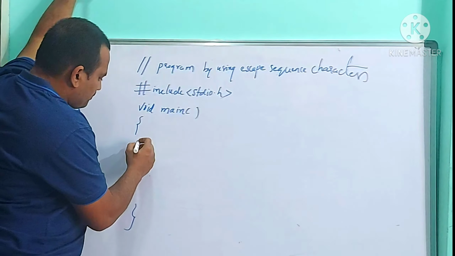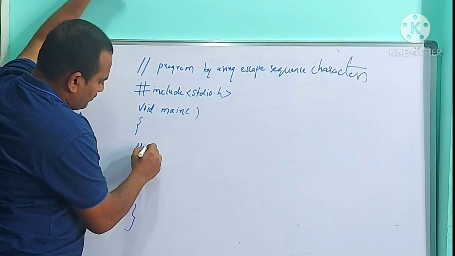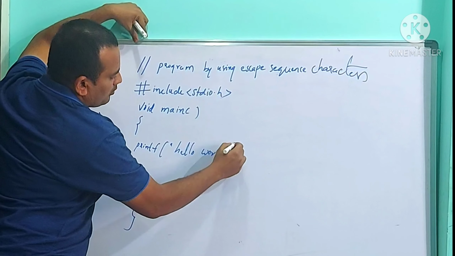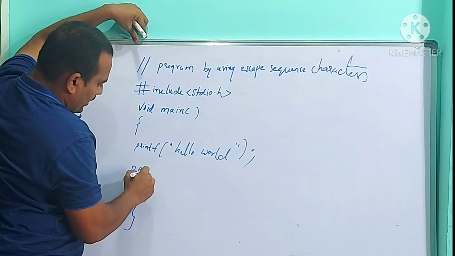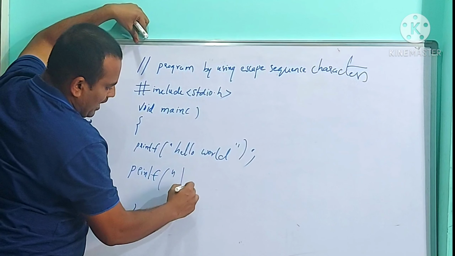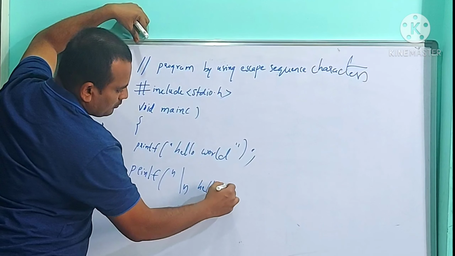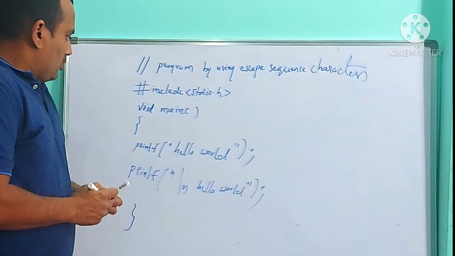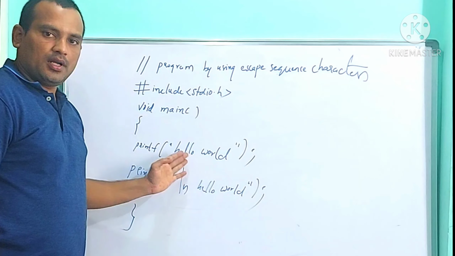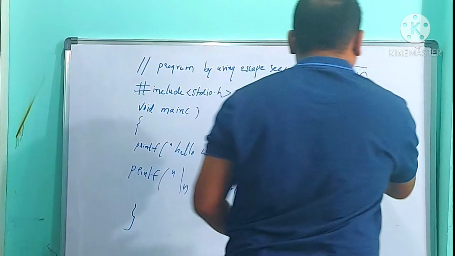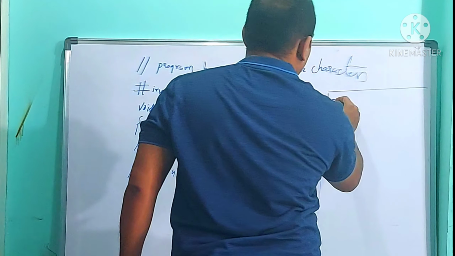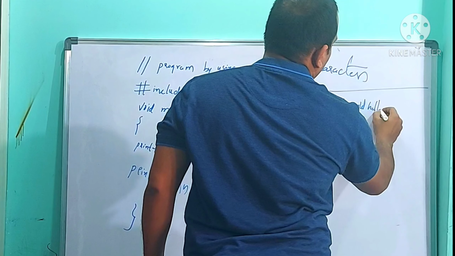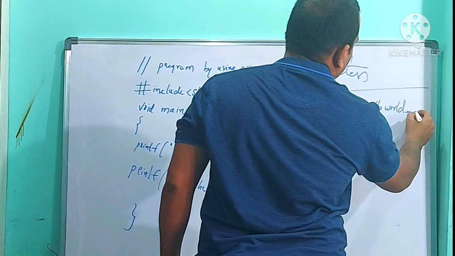Yes. So here I am going to write printf hello world. Again I am going to use printf /n hello world. You see what happens. Remember, in the previous program I wrote only printf hello world, printf hello world. What is there at the output screen? In the previous program, the output is like this: hello world, hello world, and the cursor is here.